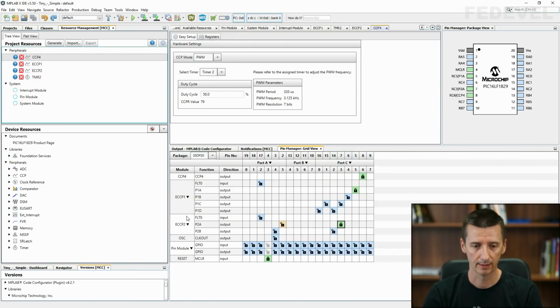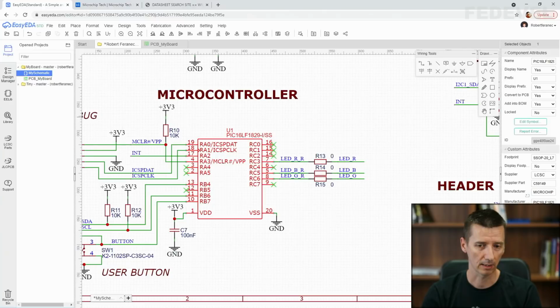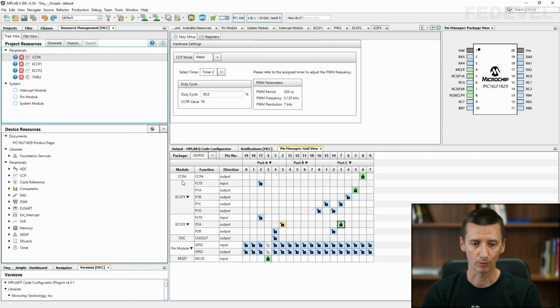And the last one, the PWM output from the ECCP2 module is connected to pin number 7 or RC3 pin. And in our schematic, RC3 or pin number 7 is controlling the brightness of the red LED. So our schematic is connected correctly, and we can use PWM signals to control the brightness of these LEDs.